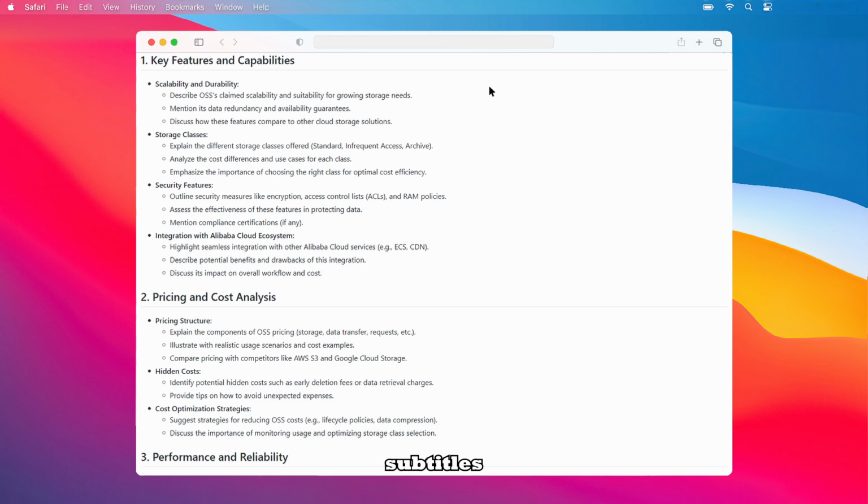Let's dive into pricing and cost analysis for Alibaba Cloud OSS. Understanding the pricing structure is crucial, so we'll break down the components such as storage costs, data transfer fees, and charges for requests. We'll then illustrate this with realistic usage scenarios, giving you concrete cost examples. To provide a complete picture, we'll also compare OSS pricing with its main competitors, like AWS S3 and Google Cloud